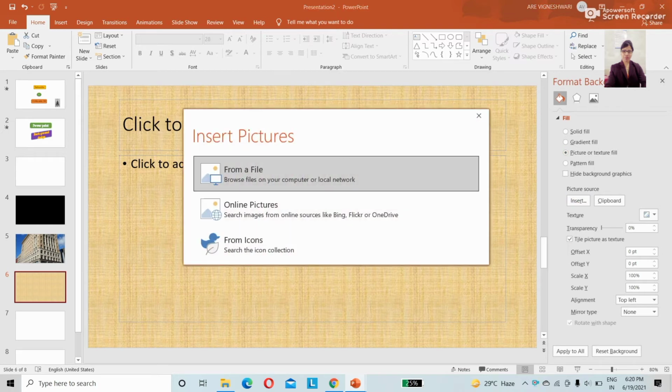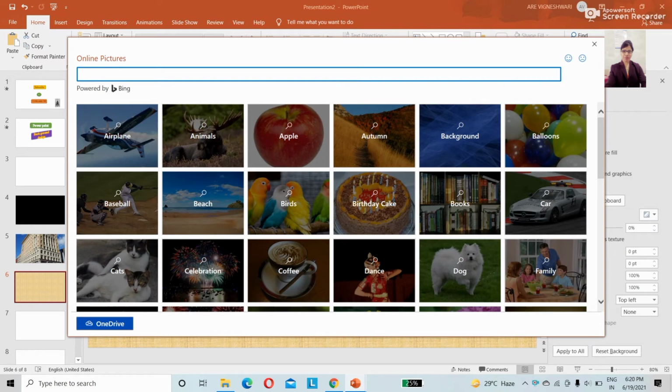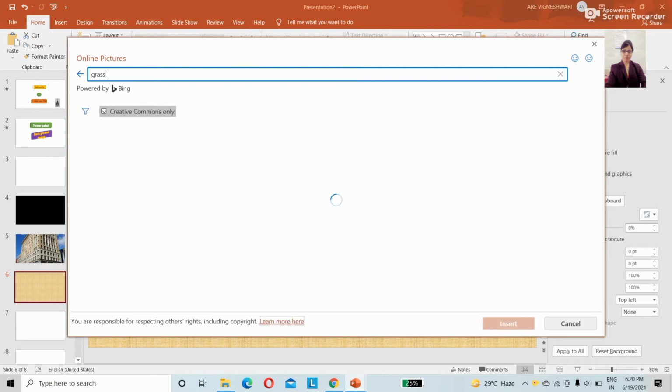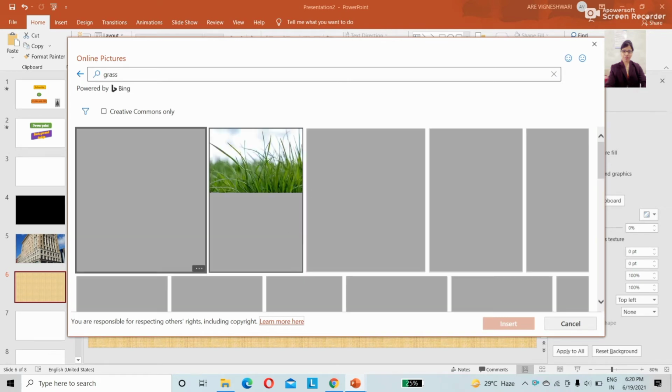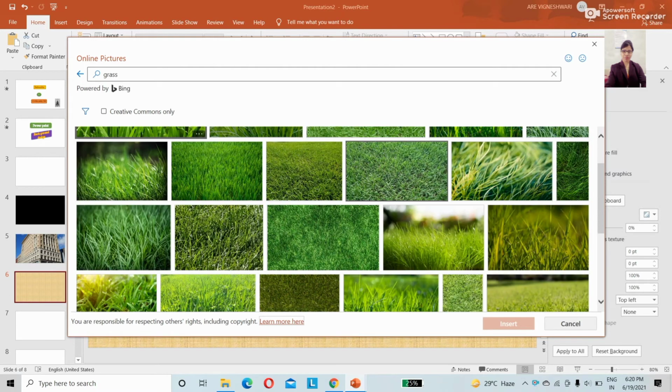Let me show one more. Insert online pictures, grass. Randomly I am selecting one image. I am explaining slowly so that you can understand each and every step, because I am teaching at the basic level.